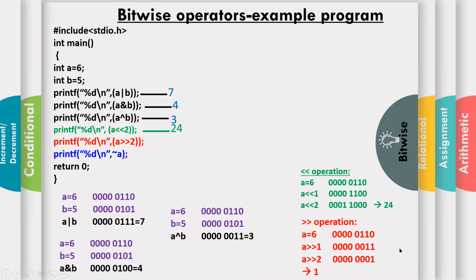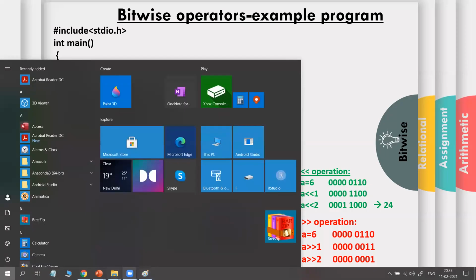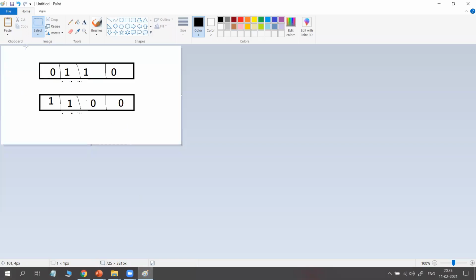So you observed here in the right shift, some values may be changed, because in left shift, on the left hand side, all are zeros. You shift to the left side, left side, left side, up to 32 bits you are having the chance. But in right shift, see here, so A right shift 1, you get 1 in the last bit. If you shift one more time to the right, what happens? That bit is going outside. That means, see here, if you consider the same number and apply right shift, how did you get the result?